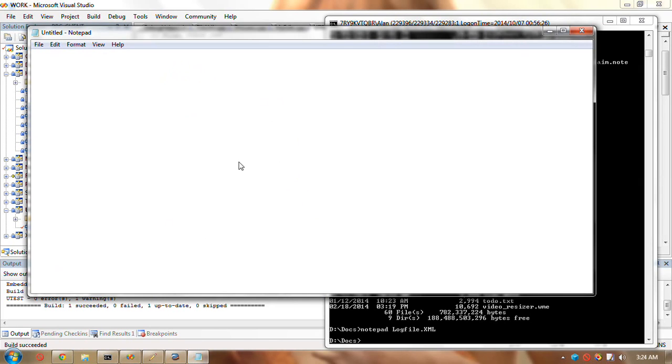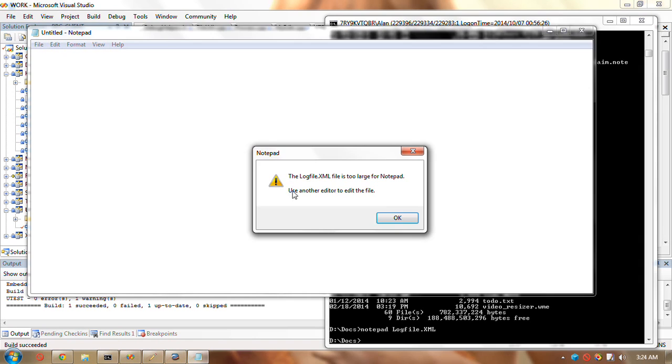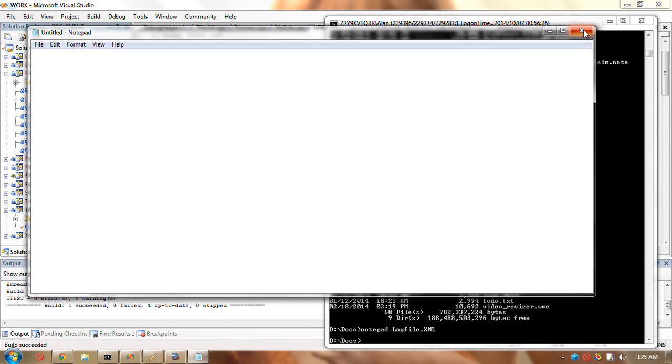Okay, now I thought these days were over with the 4 gigs and all that. This isn't even 1 gig, it's only 782 megs. But no, Notepad can't open it for the same reason I can't open it, because of the limit, and I found this out